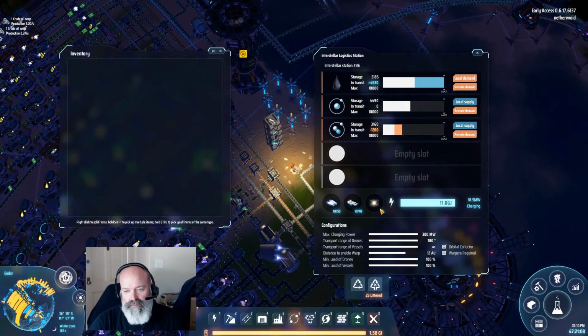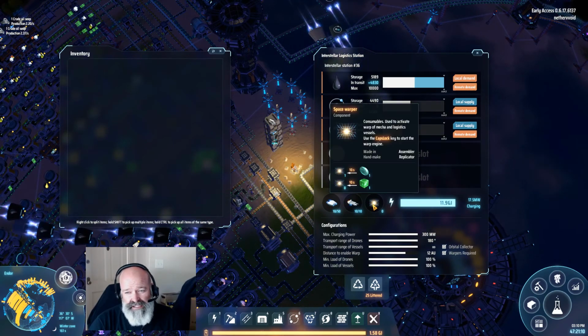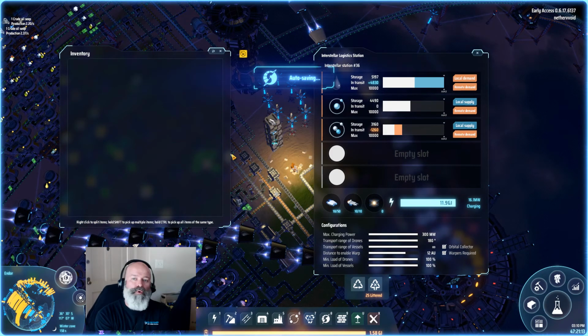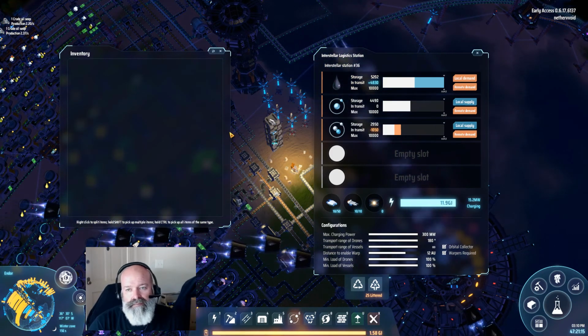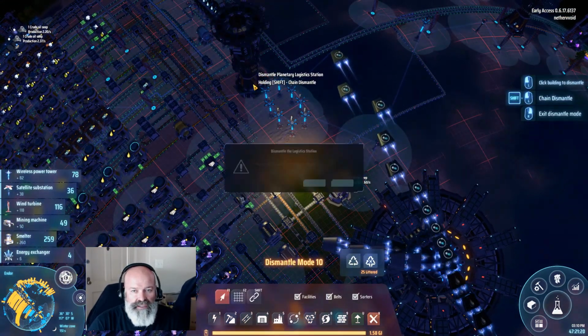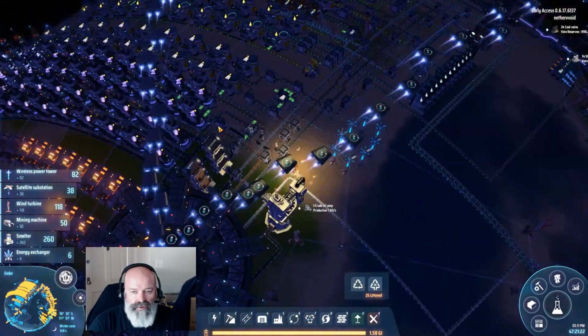We converted that. We gave it some stuff, some ships. We don't need to give it warpers. Eventually, we might need to give it warpers if we're going to warp in oil and stuff like that. But for now, we don't need to. We're good. Let's pick up all our junk again. And now we're ready to...